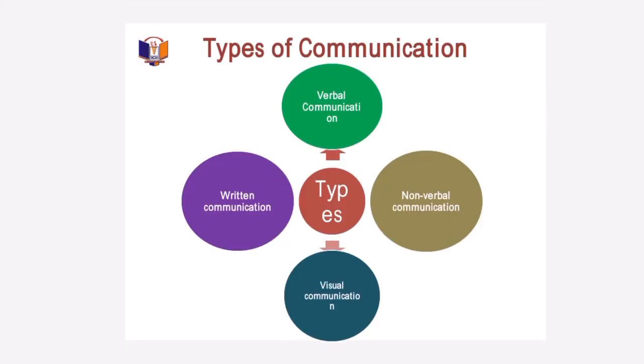Now, there are various types of communication. Various types of what? Communication. We have the verbal communication, like you're hearing me now, because I'm using verbal codes, because I'm using words that you understand. Therefore, this particular module that I'm handling will pass the information across. But if you don't understand the verbal coding I'm using, that means the communication will not be properly passed on because you don't understand anything.